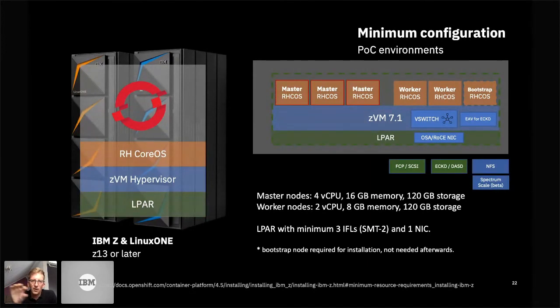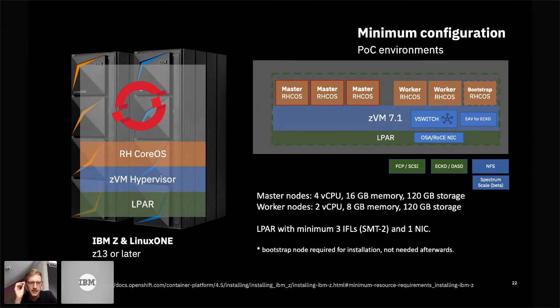This is a feature of z/VM, and it should be active while installing OpenShift on the nodes. And on the LPAR layer, I put a requirement of having at least one OSA or one RoCE network adapter. So to get a minimal setup, you need one network device,